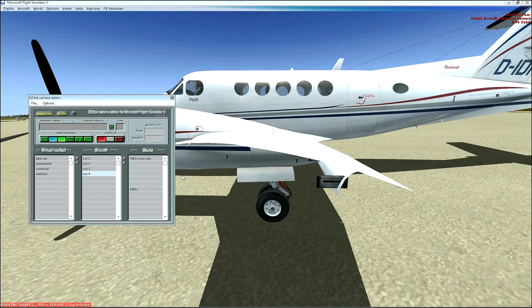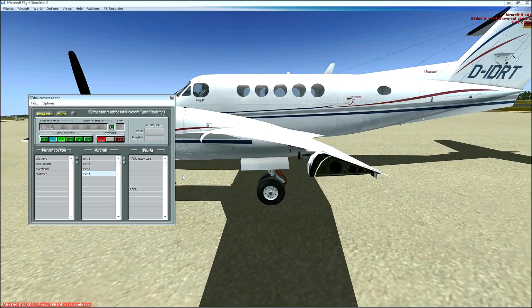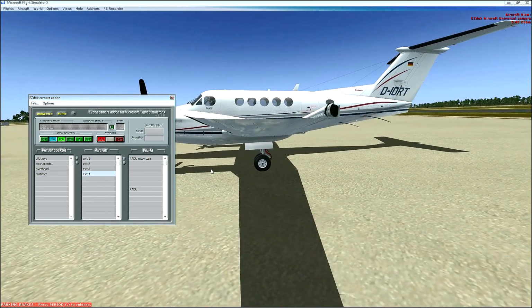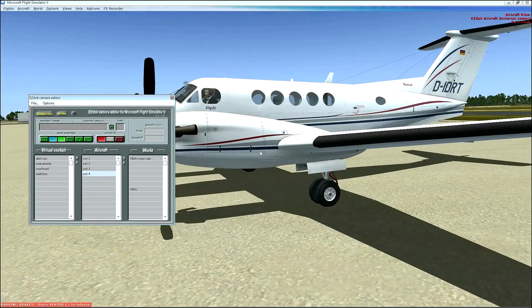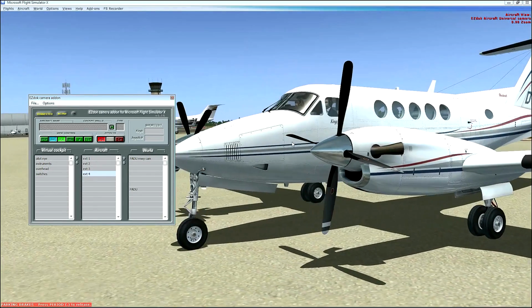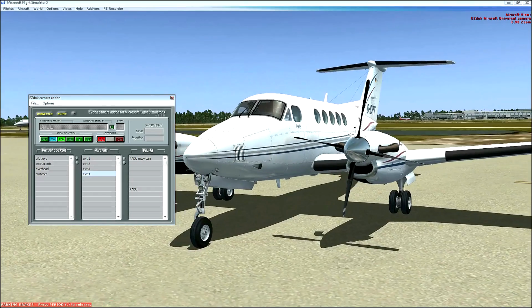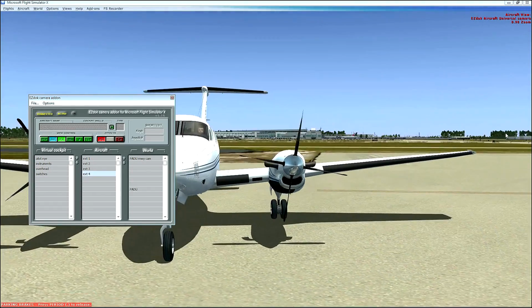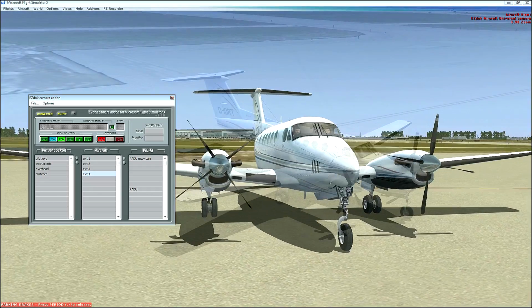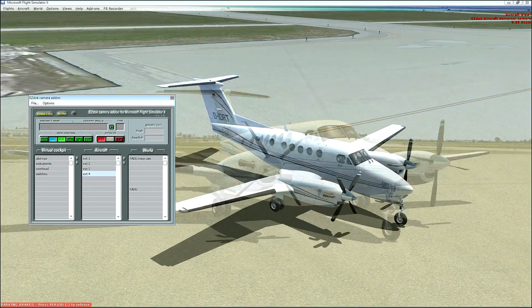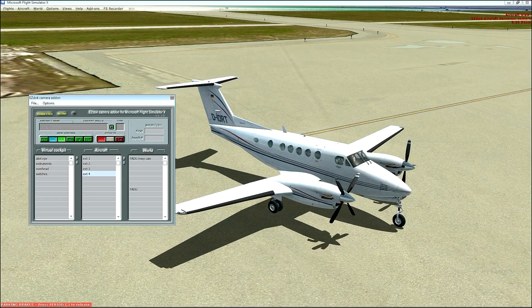And then finally we do another one here, so 2 key, and this time I'm going to go this way, and I'm zooming in, get back to that 1.0 zoom, and let's come on around. Let's come over to this side so we can see this side of the aircraft. Okay, so let's say we got this view right here, and we're happy with it. Hit the 2 key, and finally let's give that one the next key, so that one's 7. So I use 4, 5, 6, 7, 8, 9,